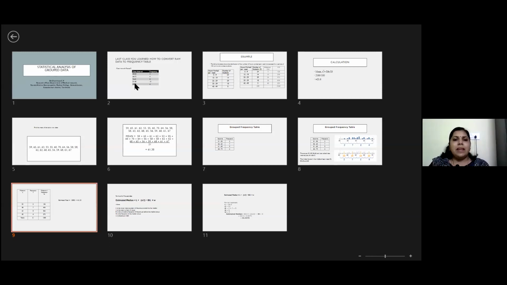So can you please tell me, 57 to 64, what is the mid value? Yes, very good. Please note it is 60.5. Tonio, Shalini, Jareen, it is 60.5. Please note. That's why I have given you this particular problem, because you have to understand that the mid value is not always a round figure. It can be a decimal also.